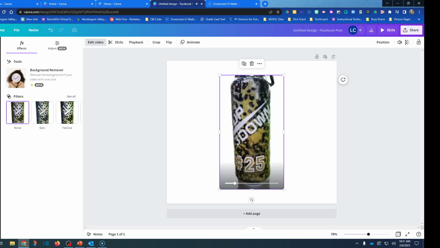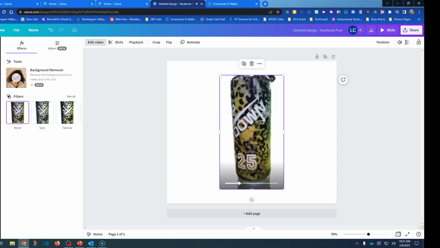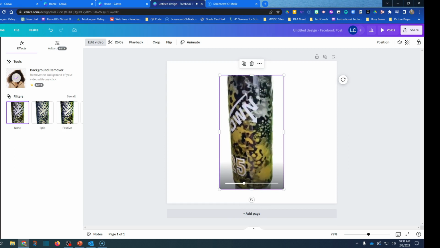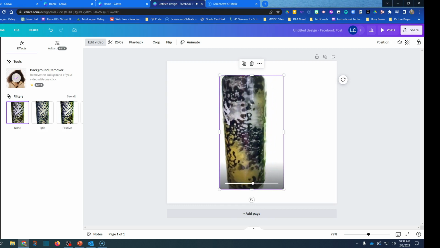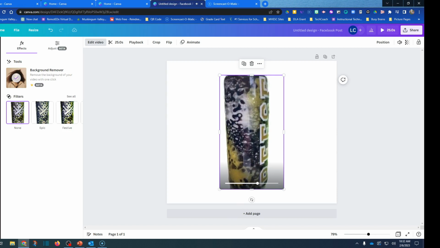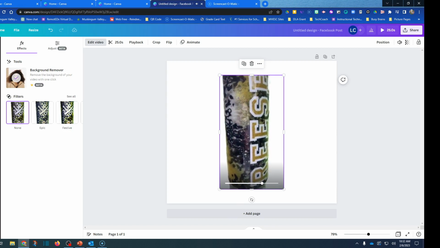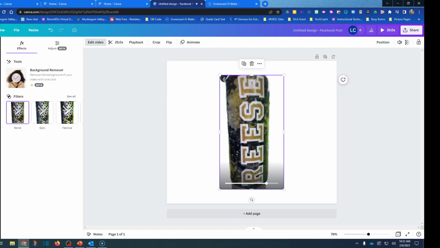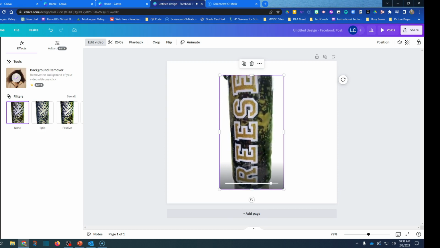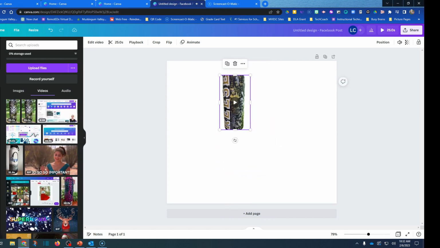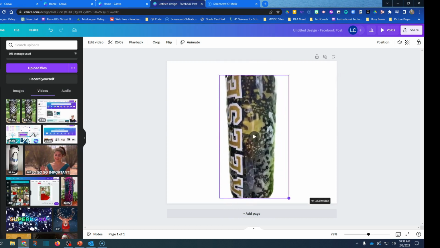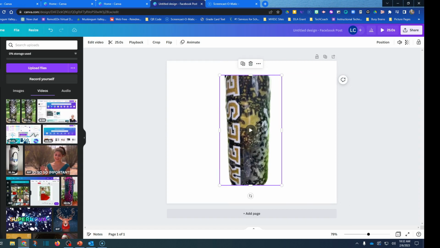Now, you can kind of see up here around the handle of this particular water bottle, you can still see a little bit of a shadow, but it works pretty well. There were multiple things that it had to think about and remove. So this is a super cool feature that you can use, and then like always, you can manipulate it. I can take it here, resize it, make it bigger, make it smaller, whatever. Pretty cool feature that is a free feature in Canva. So pretty cool way to do that.